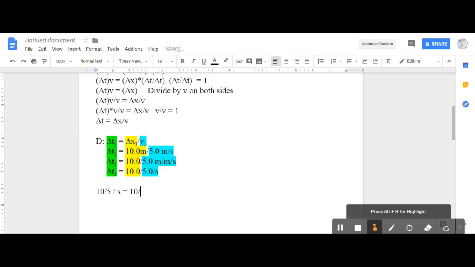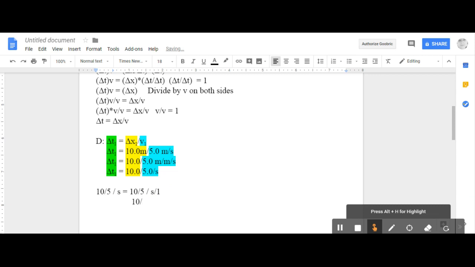It's 10 divided by 5 times 1 divided by seconds, right? Or divided is the same thing as 10 divided by 5 divided by seconds over 1, right? You can take anything and put it over 1 to make it a fraction, so that includes the unit seconds. So 10 divided by 5 divided by seconds over 1, if I do the math, gives me 10